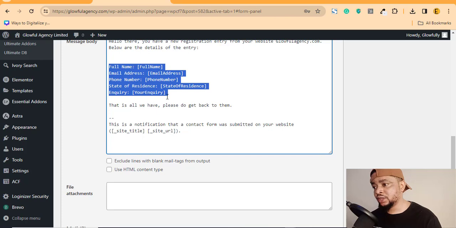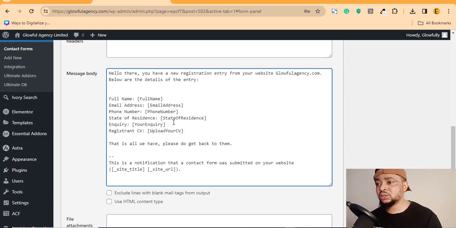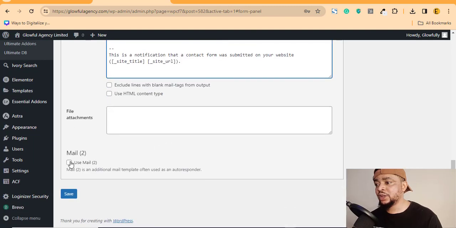So what we can do is include, say, registrant CV. If I do registrant CV, just like the other tags, and I include the tag, which in this case is the upload your CV, it's not going to fetch the file in the delivery. And then we can test that to see. Okay, so when I save,